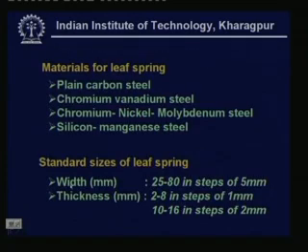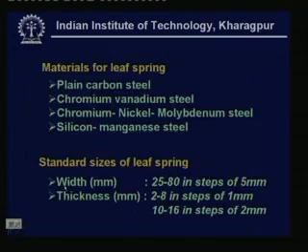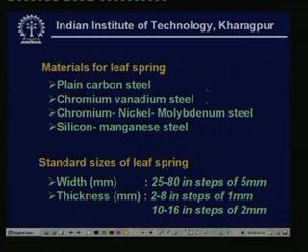Now, actually this laminated semi elliptic spring can have the following materials: plain carbon steel, chrome vanadium steel, chromium nickel molybdenum steel, and silicon manganese steel. So, these are the typical materials used in the design of leaf springs, and